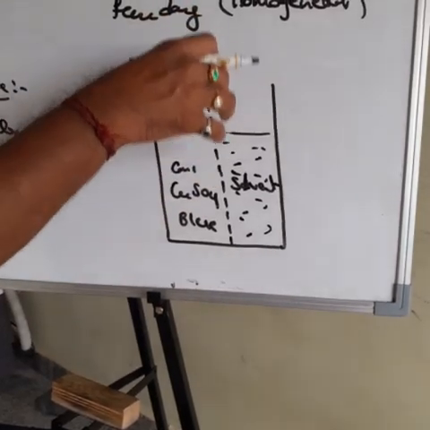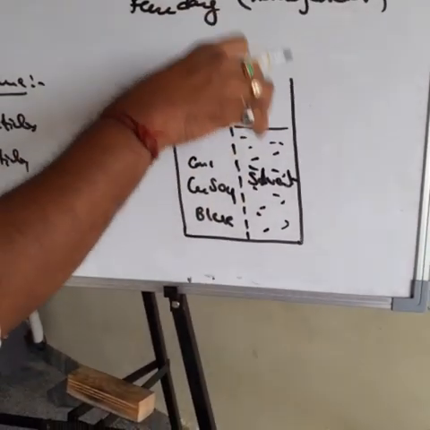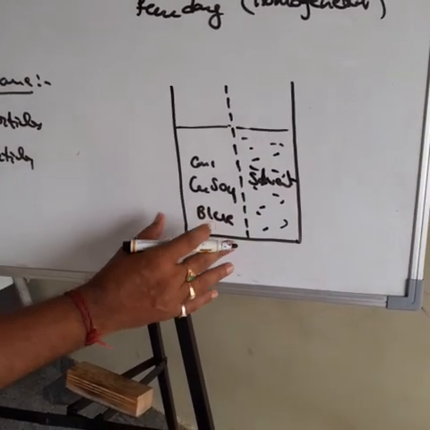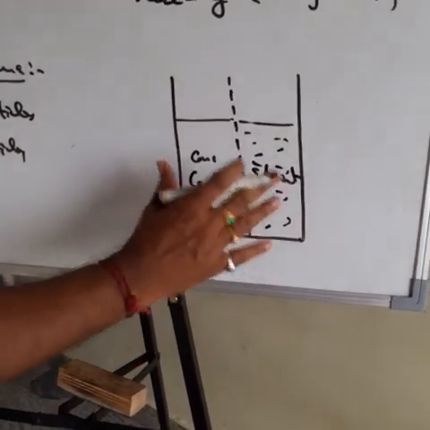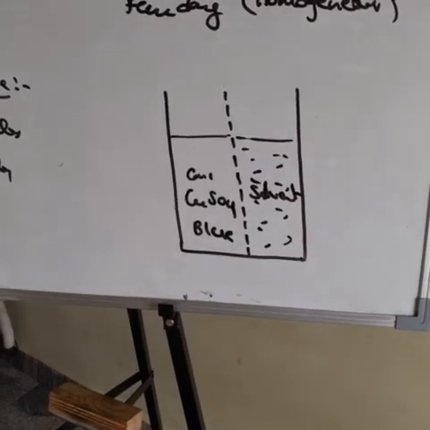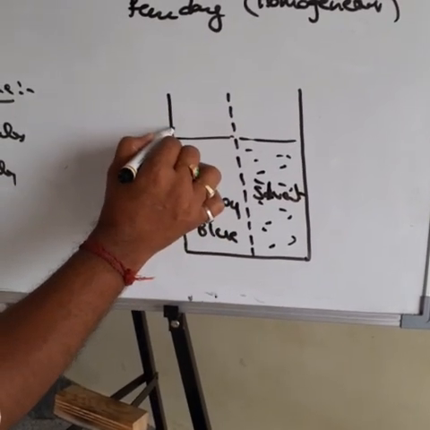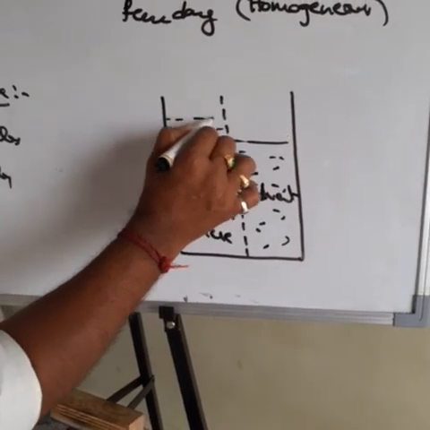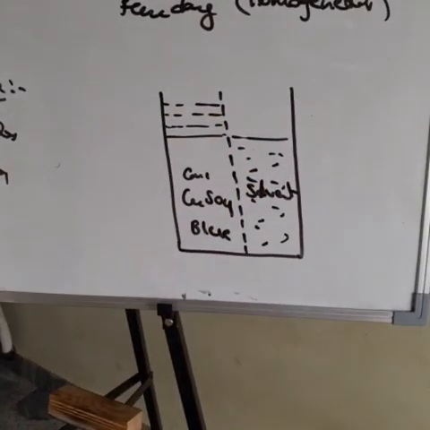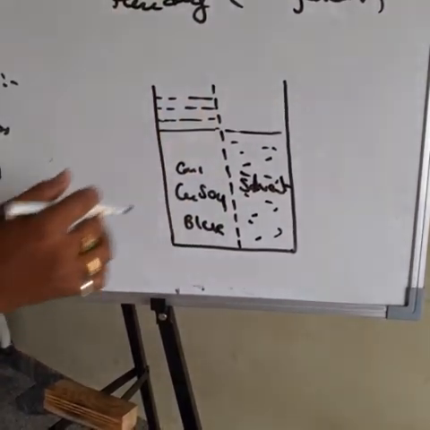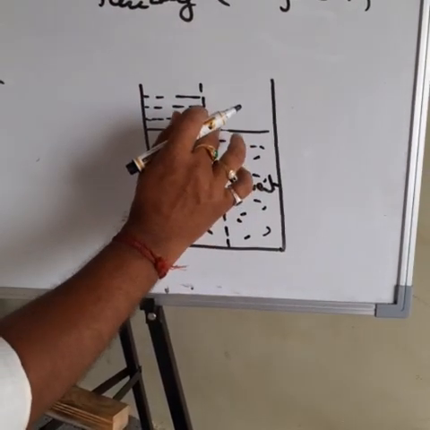After taking the two liquids in the two parts of this beaker, the beaker is kept on the bench without any disturbance. After a few hours, we observe that the level of the liquid in the copper sulfate compartment has increased, while in the solvent compartment the level of the liquid has decreased.